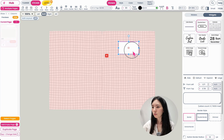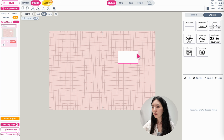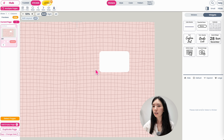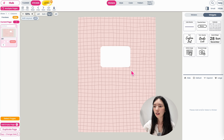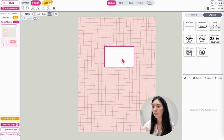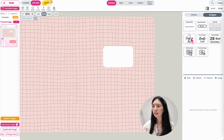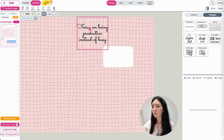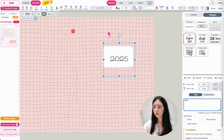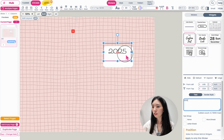Okay, and then you want to make it smaller and then place it here in the middle of the right side, just like this. Sometimes you can also choose to just show the right side up here, and then you just have the right page here so you can align it easier. So place it here in the middle. Let's show both pages again. And then next you want to add in a custom text like this. Place it in the middle. Here on the right side you want to type in 2025